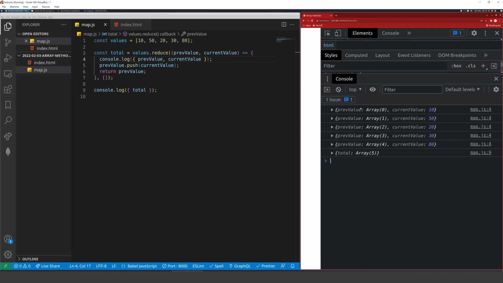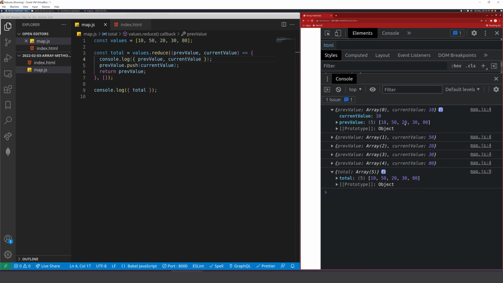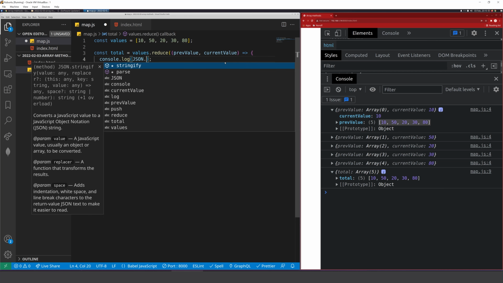The only way you could read it correctly from looking at your console here is where you can see it over here. It's actually saying array, and then there's 0 items in here, then there's 1 item, then 2 items, 3 items, 4 items, then finally there's 5 items. And then this is the end result. But this end result in our console log is the same array as this, so it mirrors those values. So what we can do here is we can stringify it. So let's just go JSON.stringify